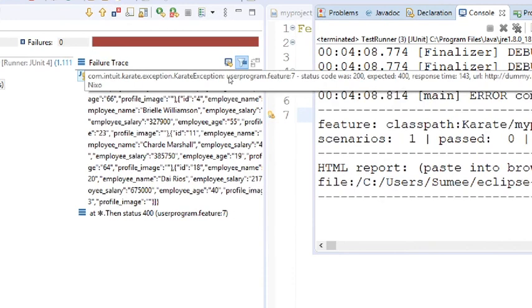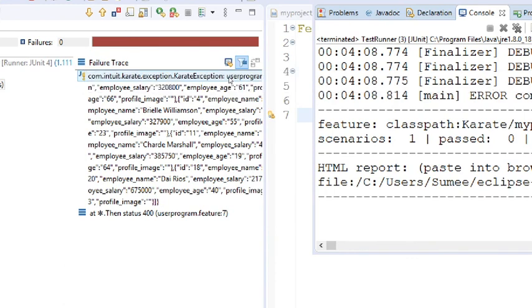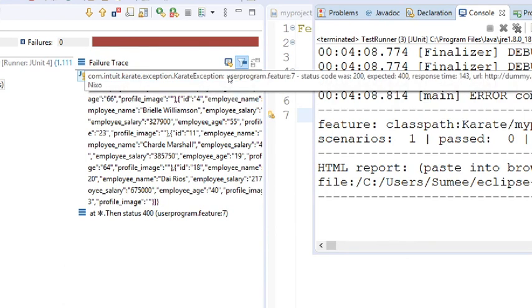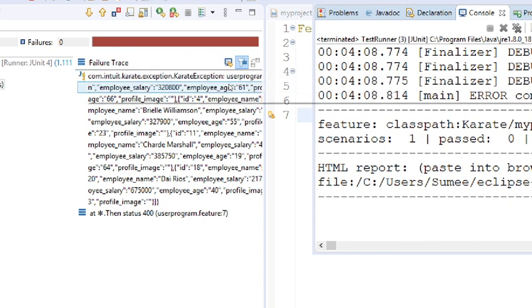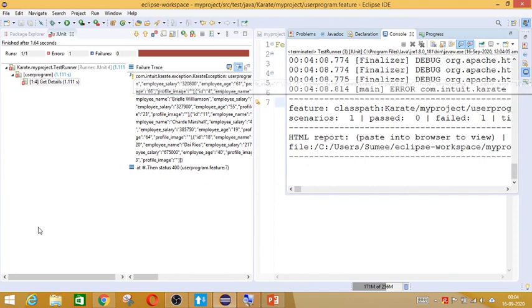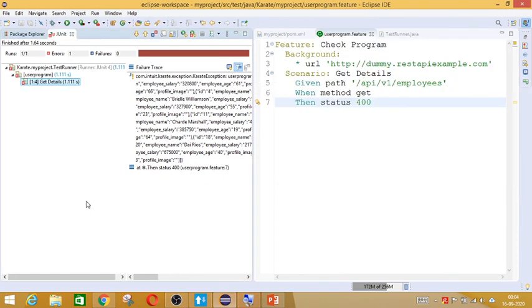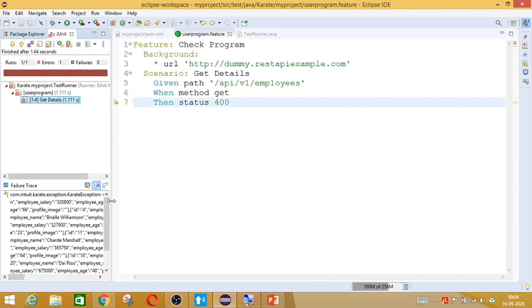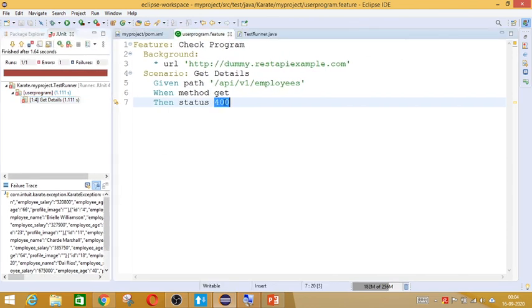You can see that it says status is 200 but expected is 400. So whatever you are giving in the program is what is expected, and whatever is coming from the output is compared against your expected result. We always call this the expected result, and the result that comes we call the actual result. When there is a difference between expected and actual, you will have an error.